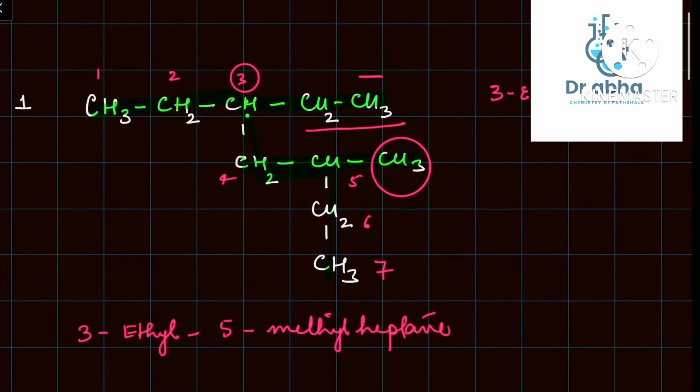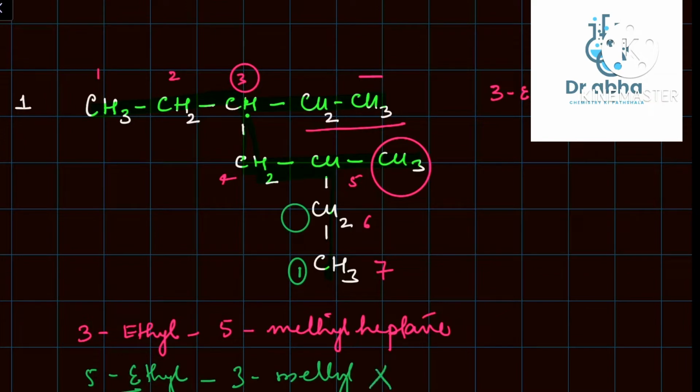If you feel the counting should have been otherwise, that is यहाँ पर 1 होता, ग्रीन को देखिए, यहाँ पर 1 होता, then you would have landed with 3 methyl, 5 ethyl. If you see alphabetically, this would have been wrong because positions are 3, 5. So we have to give the lower position, right, to the one with the alphabet E rather than with the alphabet M. So I hope this is clear. Let's move on to the next example.